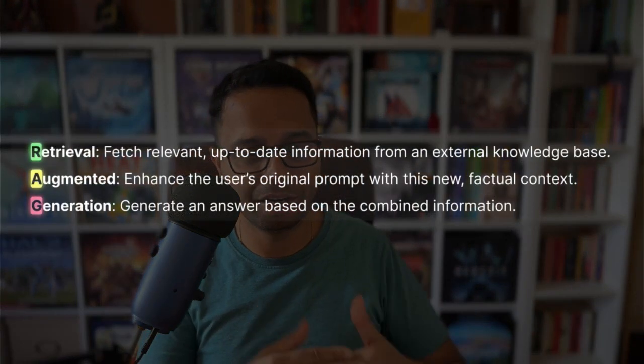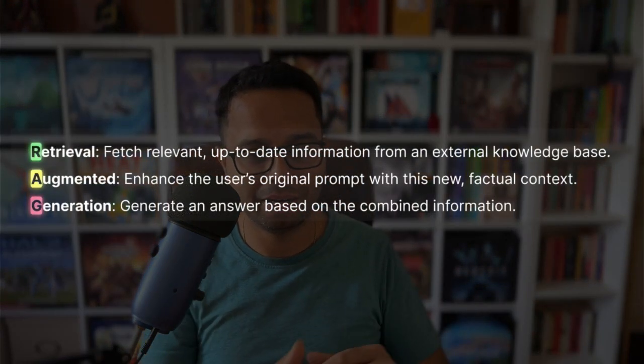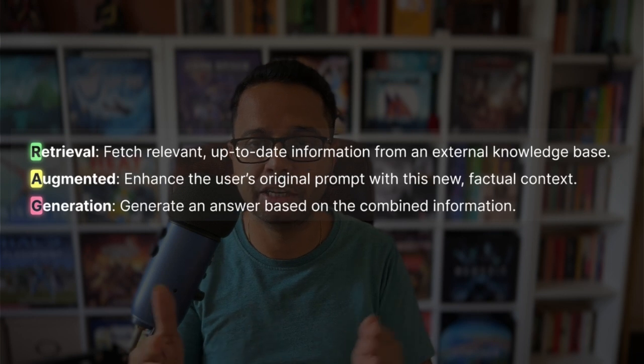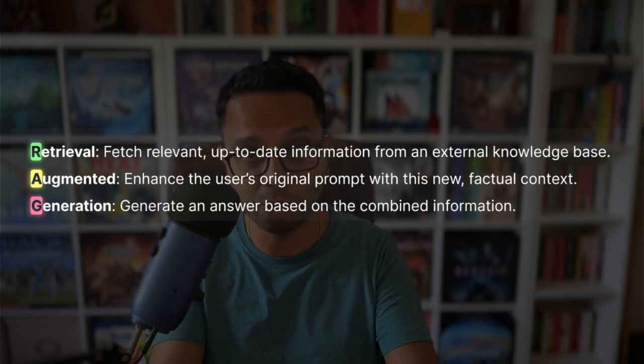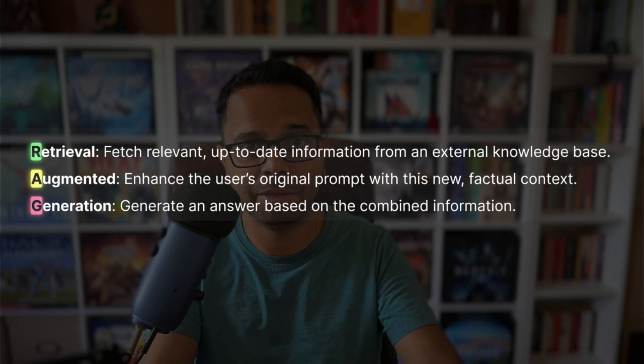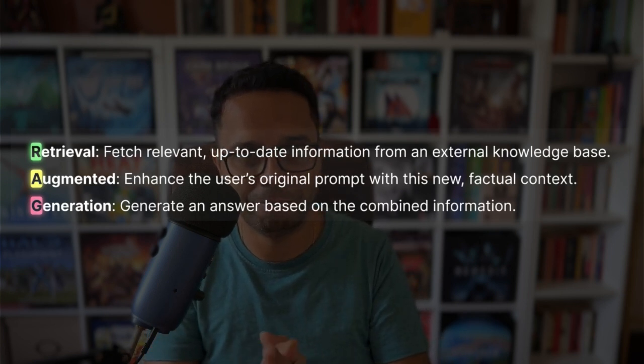So what happened in this case? I have two things. One is I have citations, right? So when it gives me the answer, I get to see where it is finding that from. And the second thing is that we get to see a more accurate answer because it is actually trying to get the answer from updated information. So what is retrieval augmented generation? The retrieval part is actually fetching up-to-date information from an external knowledge base. This knowledge base can be created by you in terms of a database store, and we'll discuss that pretty soon.